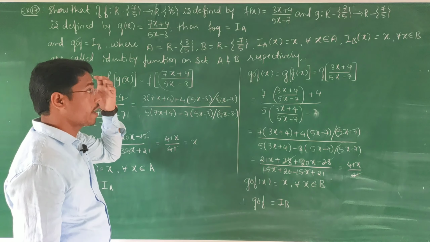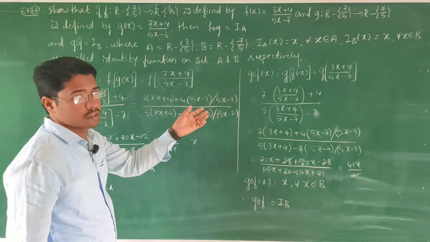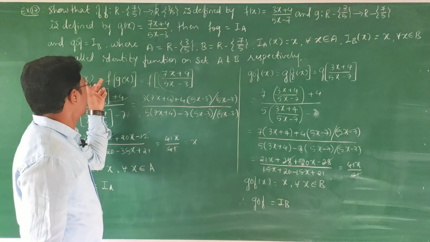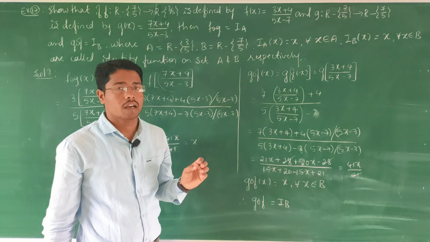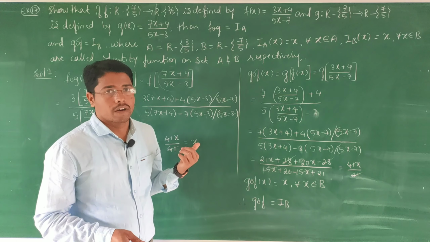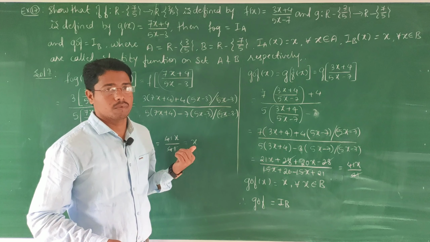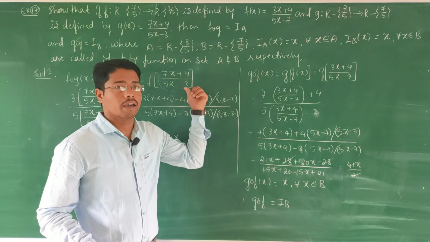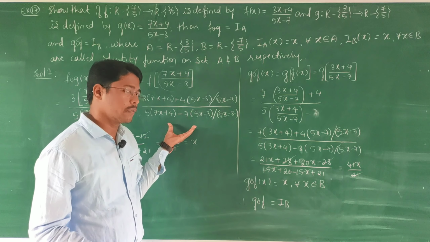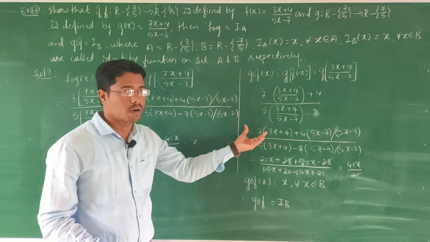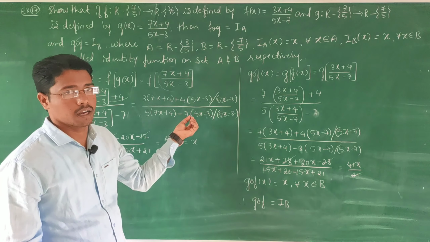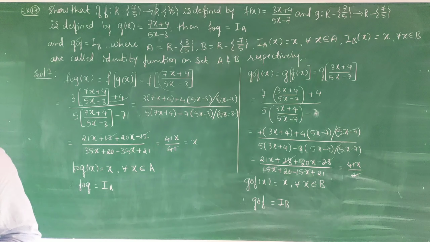So they said to find the g o f and f o g. So we have proved, a very simple process. Okay, so this is very important, finding the g o f and f o g. We'll see this while solving the 5 marks question on the relation concept. So we will use the g o f and f o g method there while solving the 5 mark questions. So g o f will carry 2 marks and f o g will carry 2 marks. Therefore, these are very important concepts, finding the g o f and f o g.